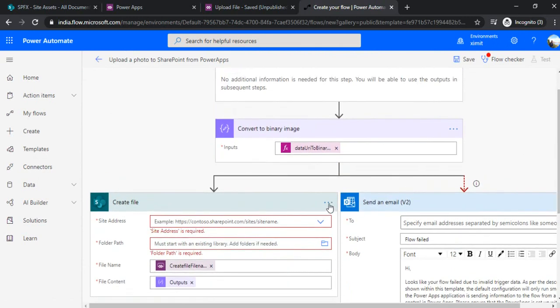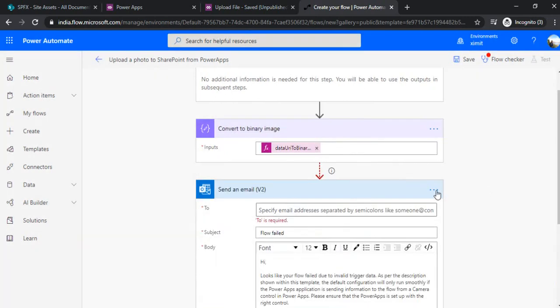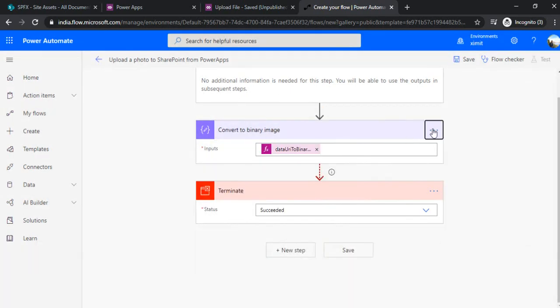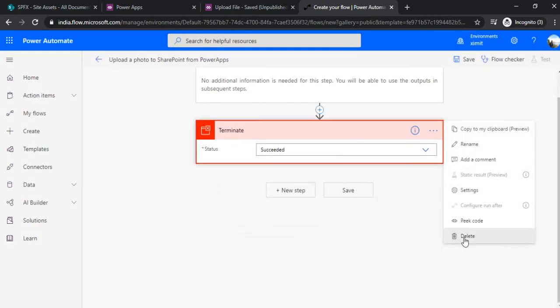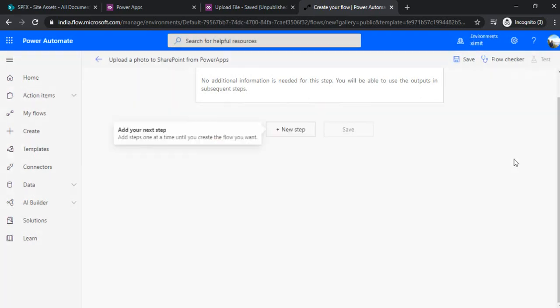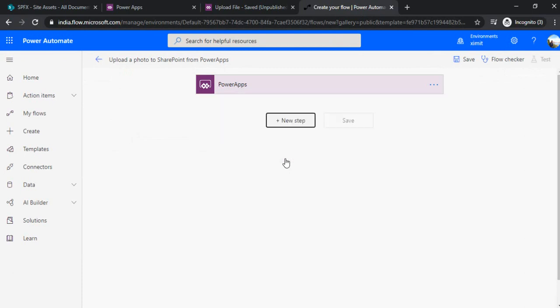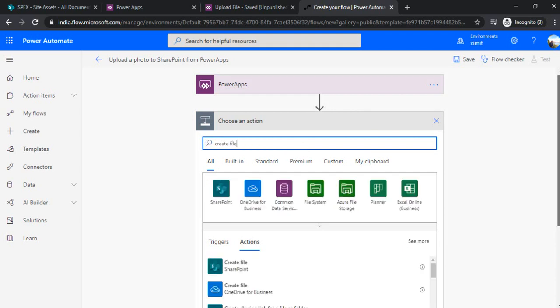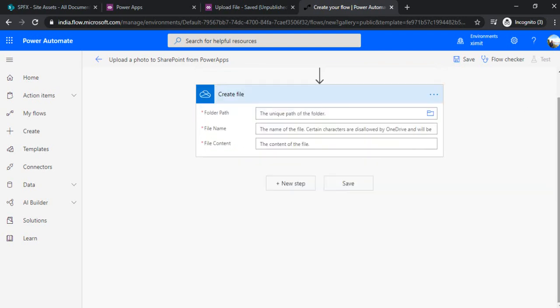Now I can get rid of everything, because I don't want these options, and create a binary image. I don't want that because I'll be building that from scratch. So at the top there would be just one Power Apps action, and in the next step I'll be creating a file under OneDrive. I'm using OneDrive as an intermediate step, as a hopping step.